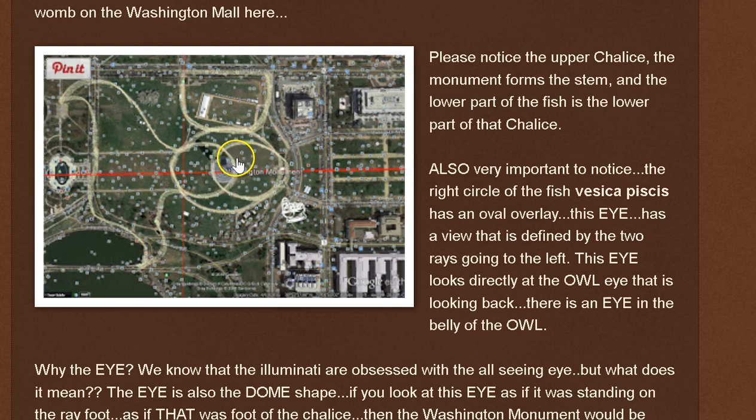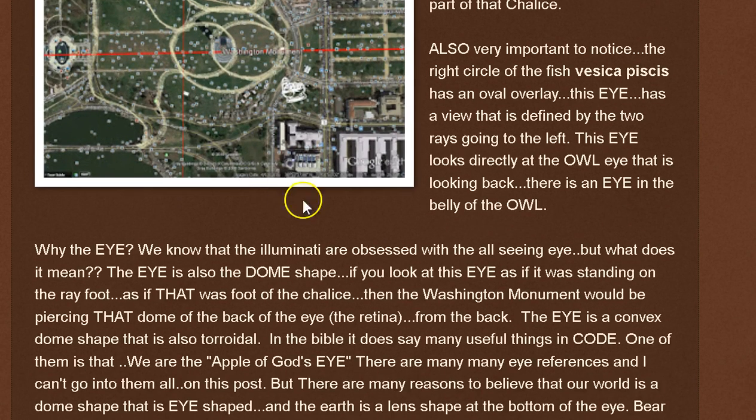The eye is a convex dome shape that is also toroidal. In the Bible it does say many useful things in code. One of them is that we are the apple of God's eye. There are many eye references and I can't go into them all on this post. But there are many reasons to believe that our world is a dome shape that is eye-shaped, and the earth